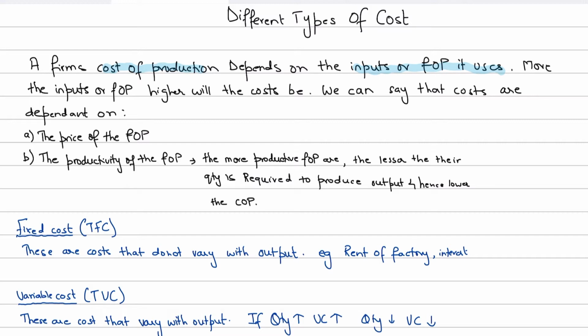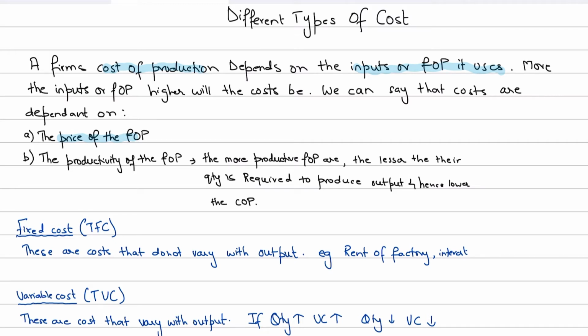that the cost is dependent not only on the price of the factors of production, meaning the factor prices. We know that the factor price for land is rent, the factor price for capital is interest, and the factor price for labor is wages, right? So obviously that represents a cost to the firms: the rent, the interest, the wages. So the higher the factor prices, the higher would be the cost, and the lower the factor prices, the lower